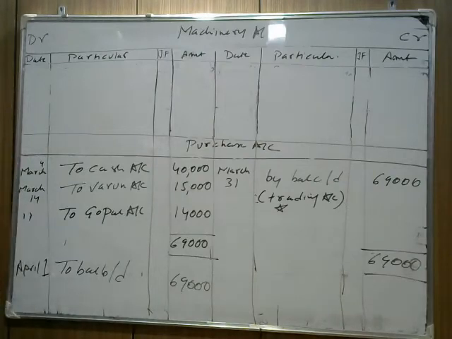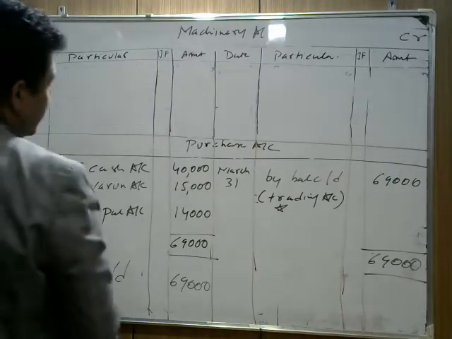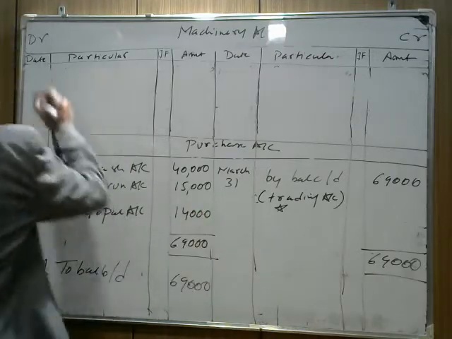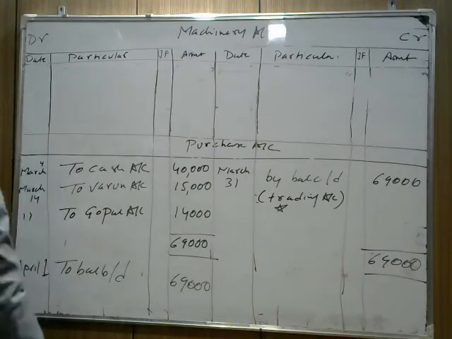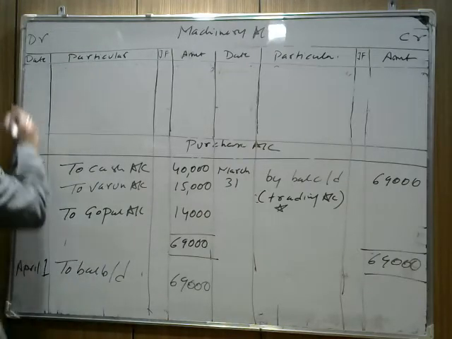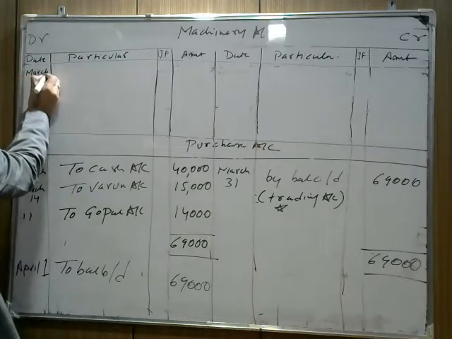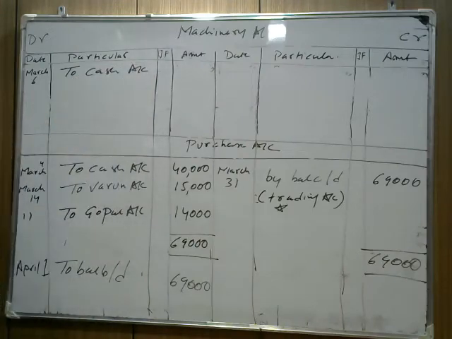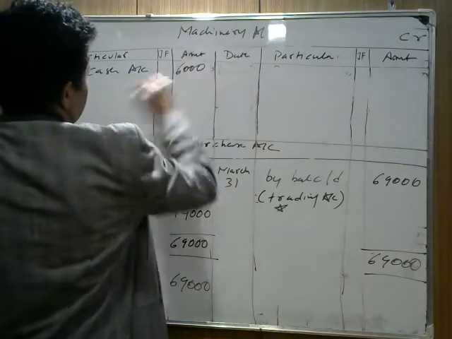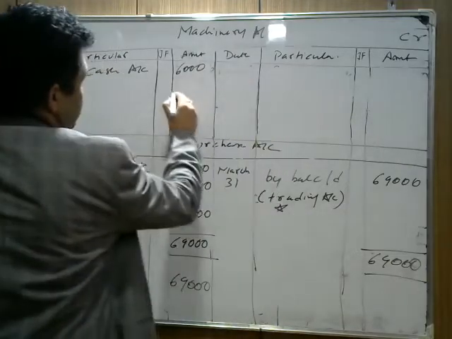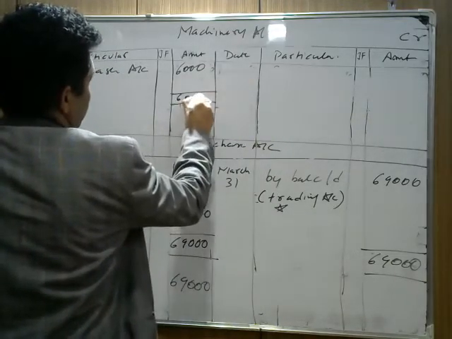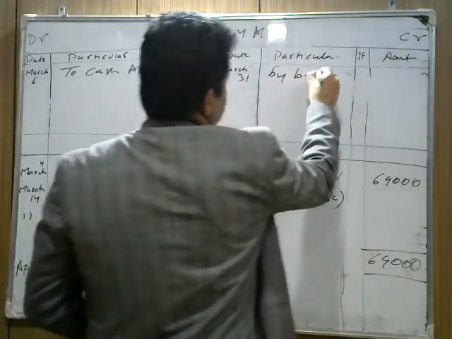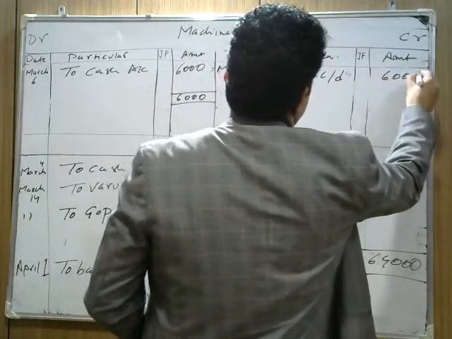You see that there is only one transaction here, where you purchase machinery on cash. So when you purchase machinery on cash, you write the entry machinery account debited to cash account. The machinery account will be debited, of course, because machinery is an asset, and whenever an asset increases it is debited. So you purchased machinery on March 6th. You write March 6th, to cash account, and the cost of machinery is 6,000. No other transactions here. We close it at 6,000, and the last date is March 31st. We write by balance c/d 6,000.